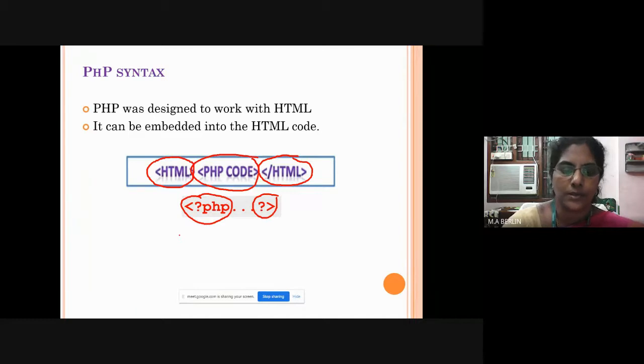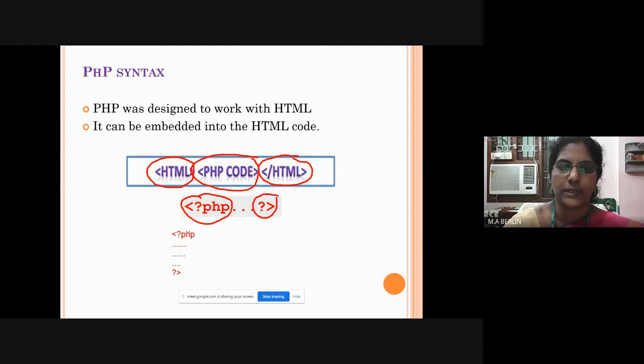So how to write the PHP file? It will start with this tag, the processing instruction with PHP. Next line will be your executable statements, your PHP coding. Then finally it will end with one PHP processing instruction end tag.